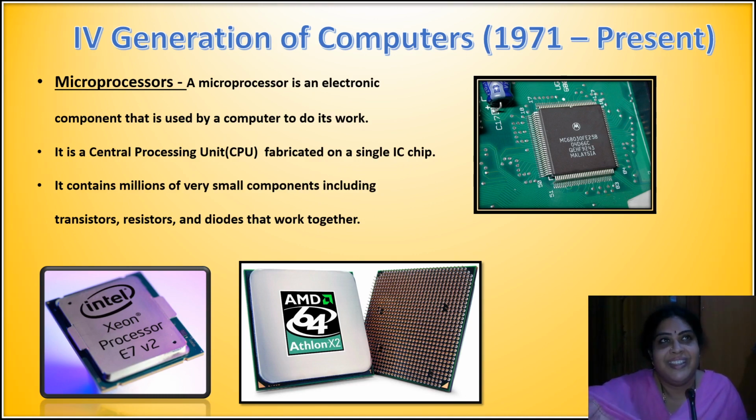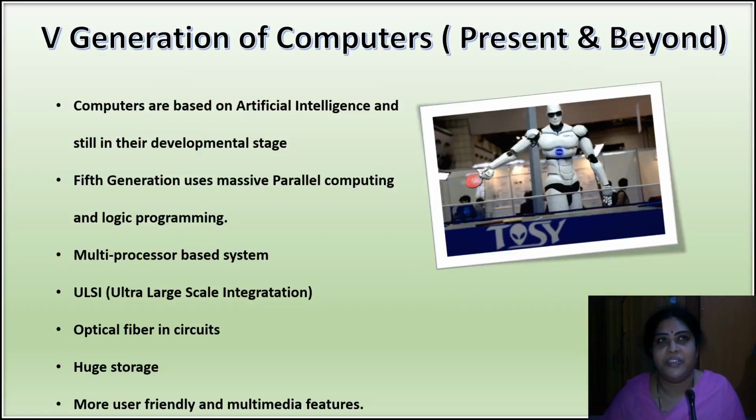Yes, and next, the fifth generation, which is happening now and which is going to happen in the future, is your fifth generation of computers. Computers that are based on artificial intelligence. Most of you would have seen the movie Robo, and so many movies, English movies have come in depicting artificial intelligence, and many movies which keep coming on these things. Yes, so where the machine is going to talk to us.